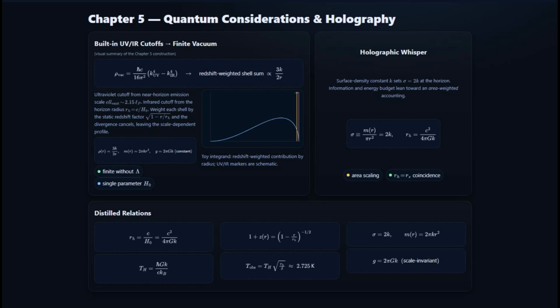My profile, this 1 over R profile, I keep saying it's 1 over R, but it's proportional to 1 over R. So the mass density for a given volume is proportional to 1 divided by its radius. Now, it's actually not exactly 1 divided by the radius. It's this coupling constant K that I've been saying, and it's 0.833 kilograms per meter squared times 3 divided by 2R. So instead of 1 over R, it's 3K divided by 2R. That's the density for the given volume.